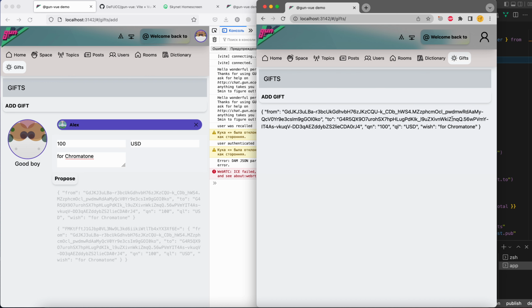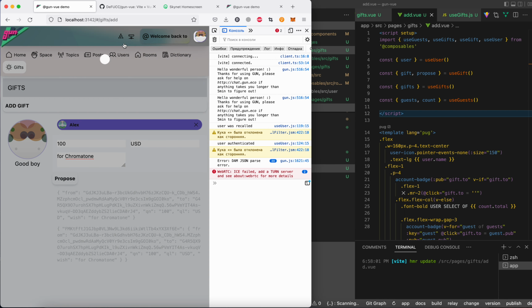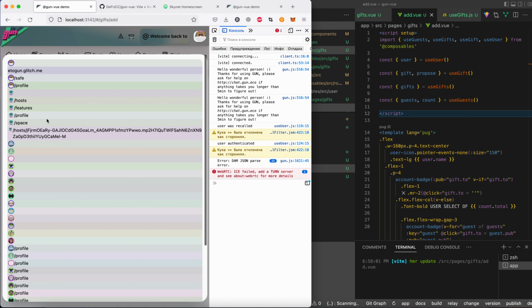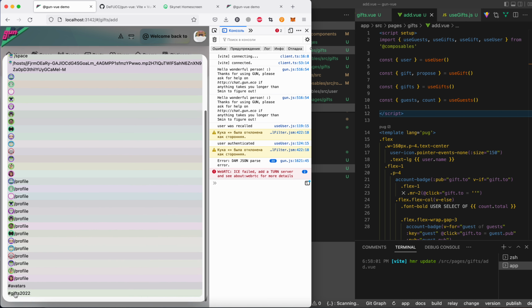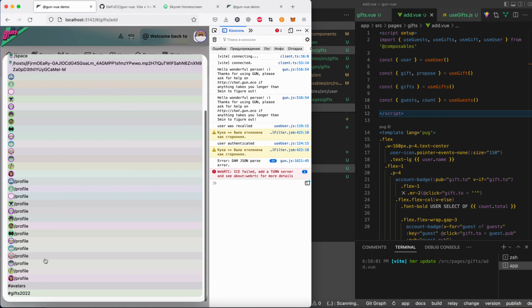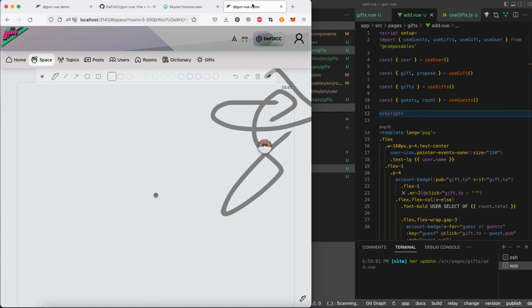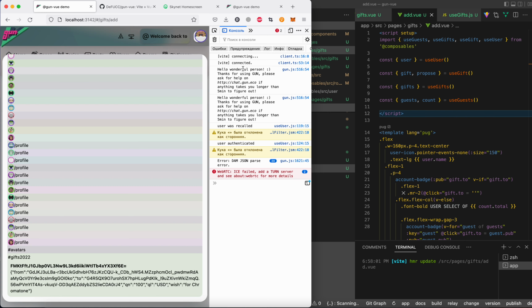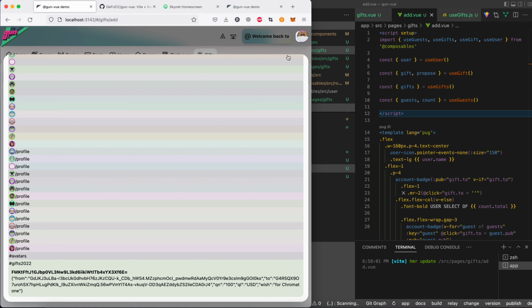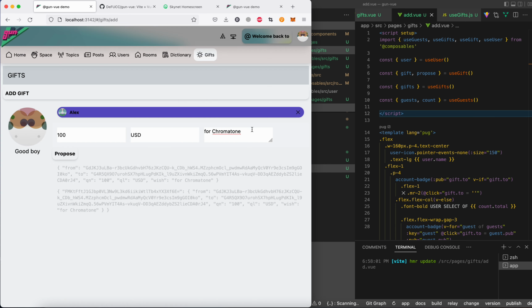So we can have this list, and yes, we can find it here. We go to gifts 2022, and here is this immutable list, this very interesting place to have our information stored. And the last thing that I'm really interested in implementing, maybe it's not the time now, but I should start doing that, is the actual